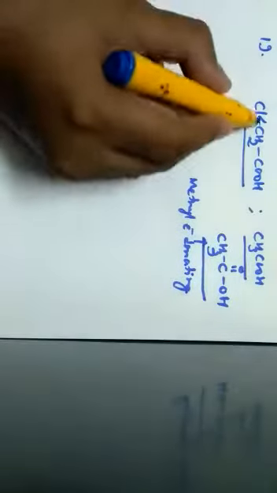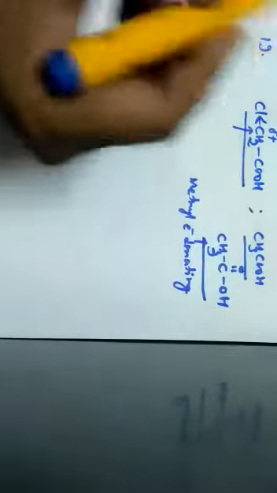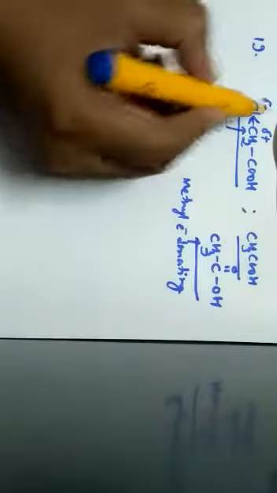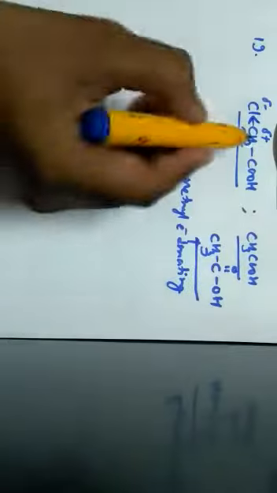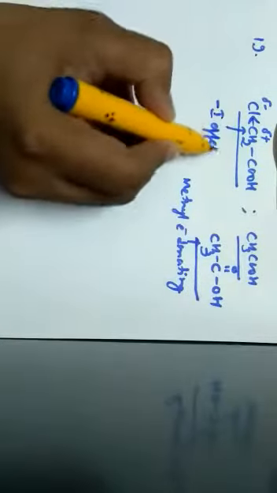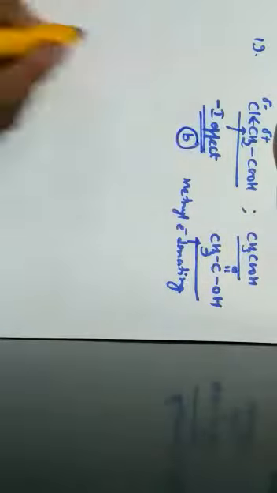So when an electron withdrawing group takes away the electron towards itself, this carbon will get a partial positive charge. So when the carbon gets a partial positive charge, polarity will be induced. This chloro will get a partial negative charge. When carbon is having a partial positive charge, the effect is called the minus I effect. So because of this minus I effect, we can clearly tell that chloroacetic acid is a stronger acid as compared to acetic acid, which is given by option B.